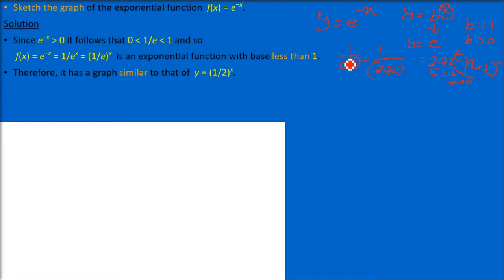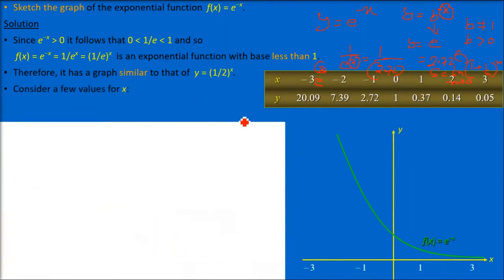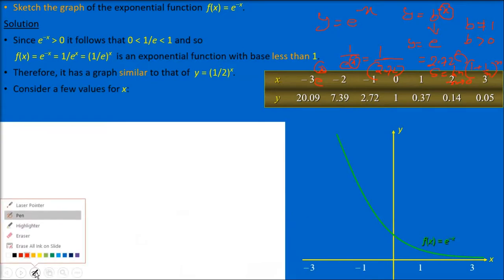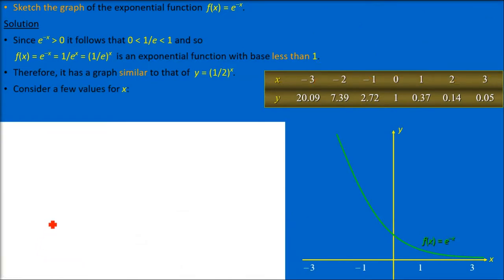So any value which you put in x, if it is negative, it goes down. So for e to the power minus x, what will be the graph, how will the range come, and what is the asymptote? So we have to take a value of e, which is essentially 2.72 only. So it will be similar to 1 by 2 to the power x. So y equals e to the power minus x.